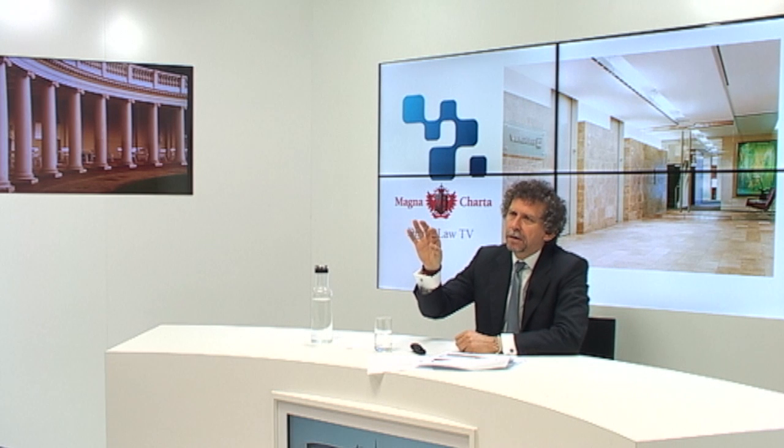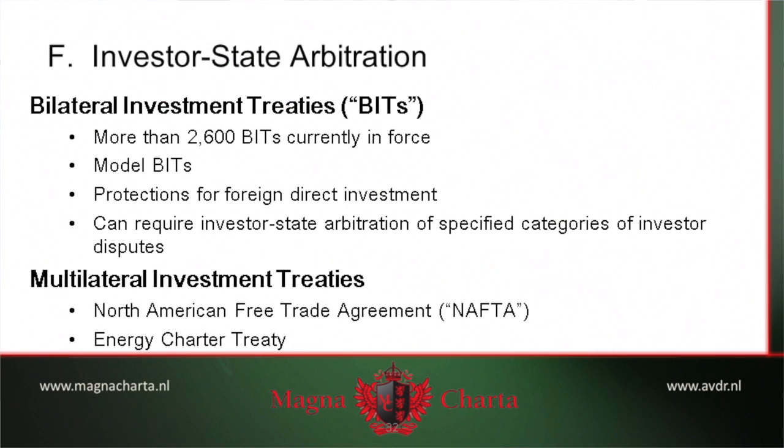Investor-state arbitration is a specialized type of international arbitration between foreign investors who make what's called an investment in a host country. A German investor, for example, builds a factory in Pakistan. There are in force today between states from every part of the world, from every state of development, some 2,600 bilateral investment treaties, so-called BITs, which provide two things. One, a set of substantive investment protections, guarantees against expropriation, against denials of fair and equitable treatment. And secondly, procedural mechanisms for enforcing those protections.